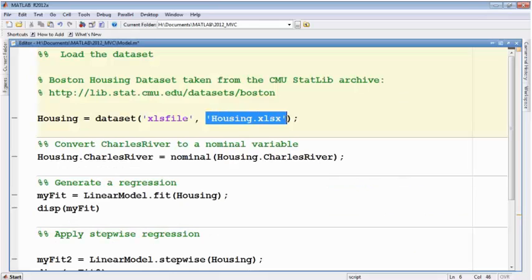Our data is stored in an Excel file named housing. As a first step, we're going to import the data into MATLAB and store it in a dataset array. In case you haven't seen them,